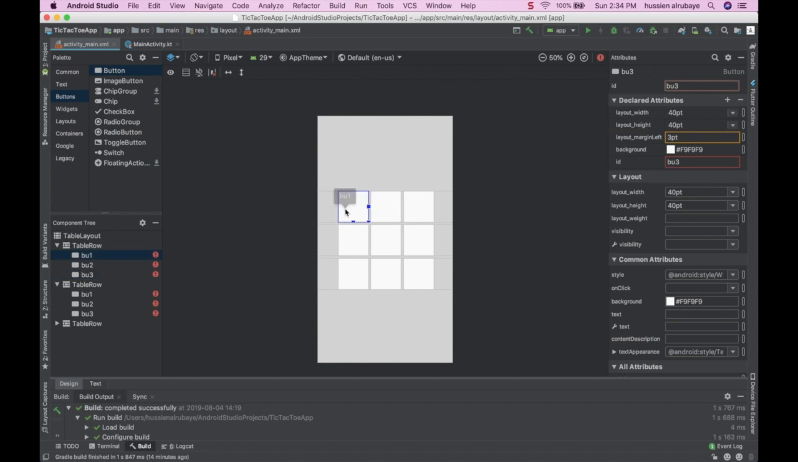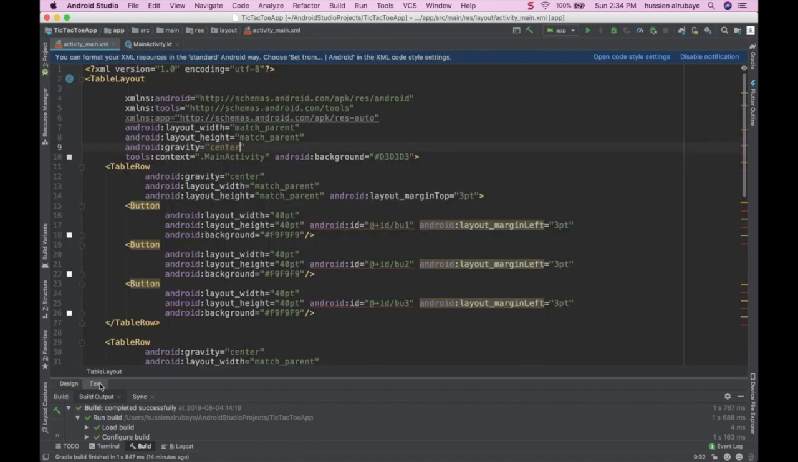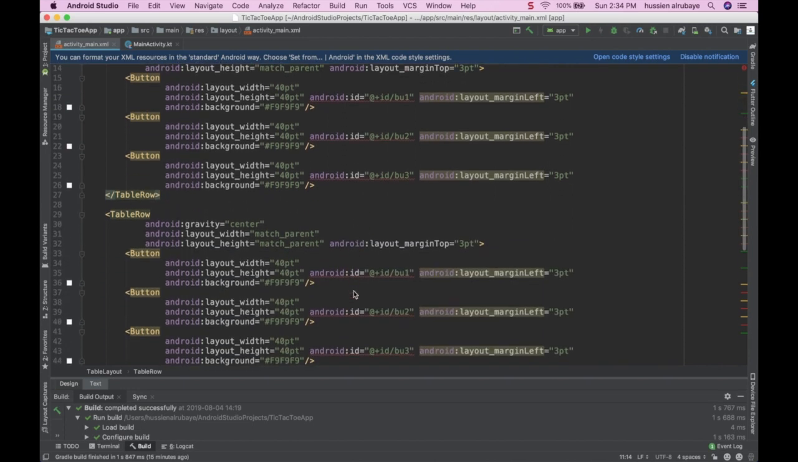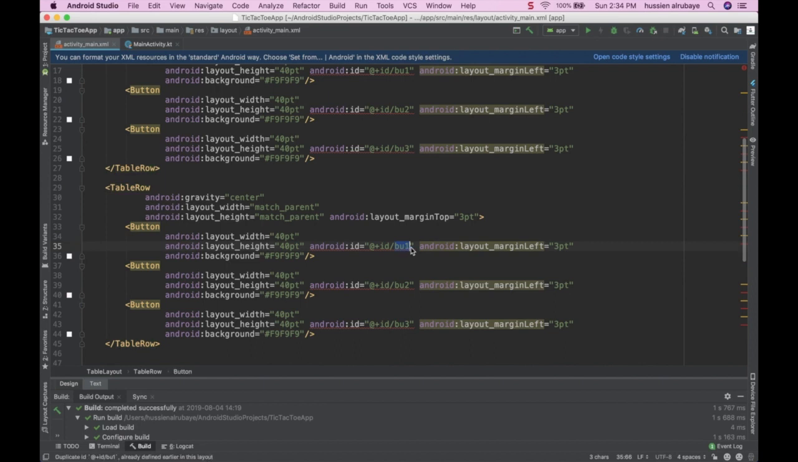Make sure, okay, again BU1, BU2, and BU3. And you could give them IDs in different ways. This is how we give it through using the layout. You could use the direct code to add IDs for the button. For example, this row, you could say, okay, the second row will be B3, B4, B5,